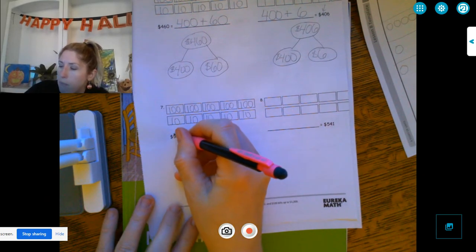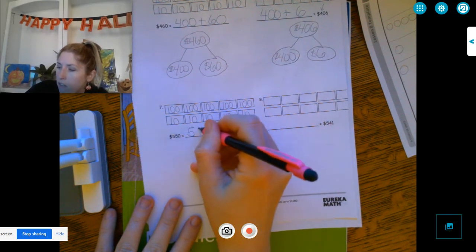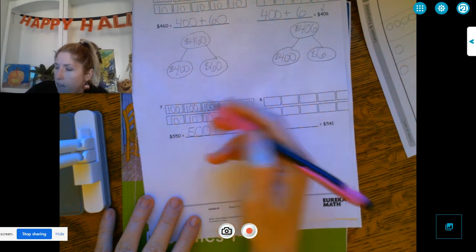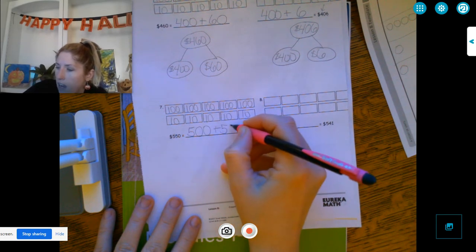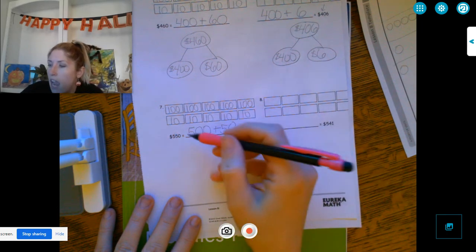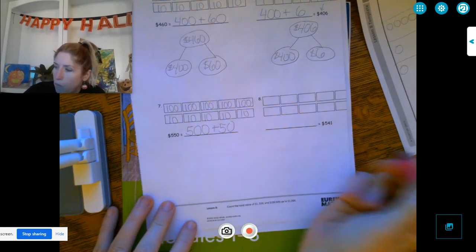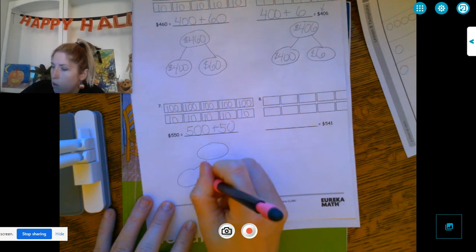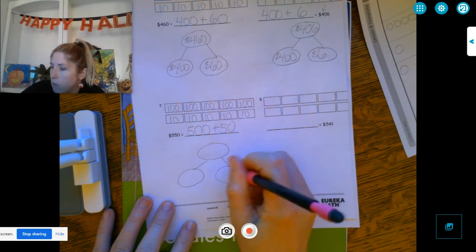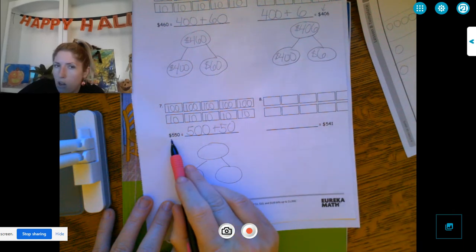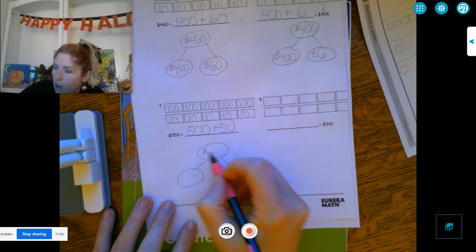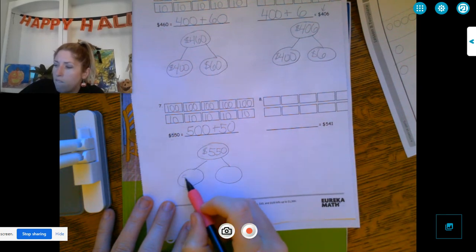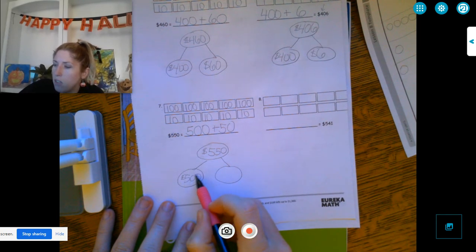So we have how many hundreds? 500 plus 5 tens, which 5 tens has a 0 on the end, and no ones, so just 2 parts. Let's make our number bond, whole, part. Our whole is $550, and my parts are $500 and